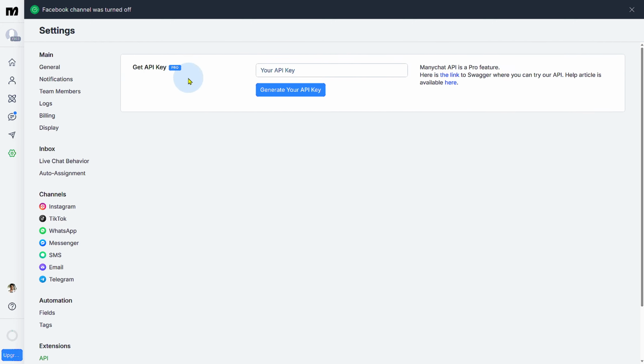site as well. You can see we have generate an API, so you can enter in here your API key. You can generate your own API key as well, and this is also going to be helping you to integrate